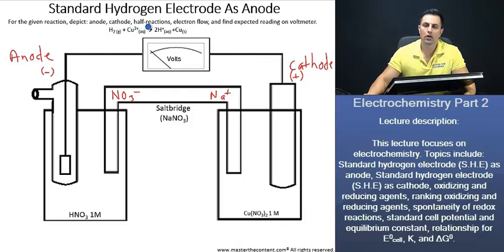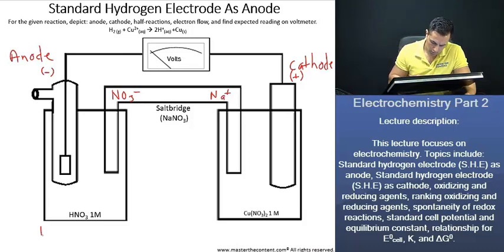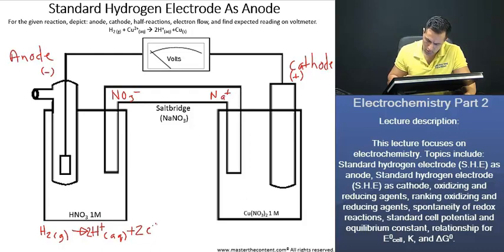Next, we're being asked to do our half reactions. Let's take a look at the half reactions taking place here. The first half reaction we're looking at is the one taking place at the anode, and that is going to be our hydrogen gas going to our hydrogen ions plus our 2 electrons. That's going to be the oxidation reaction there. Now the reduction reaction we're going to see here is going to be our